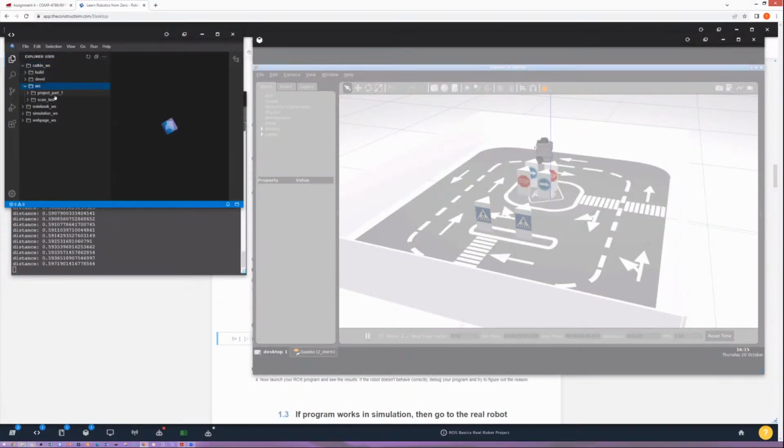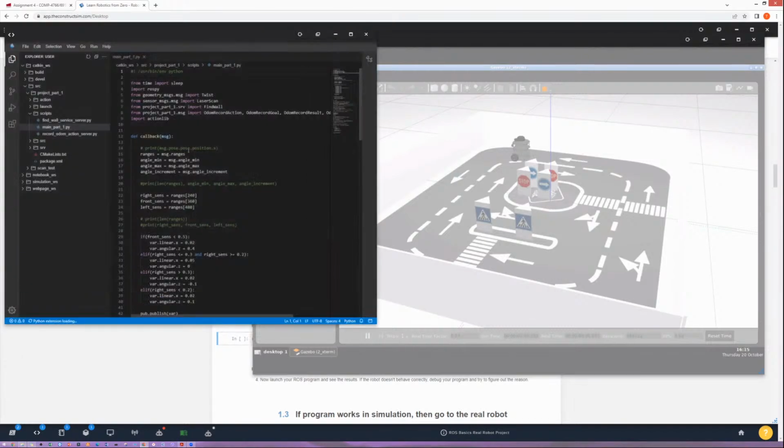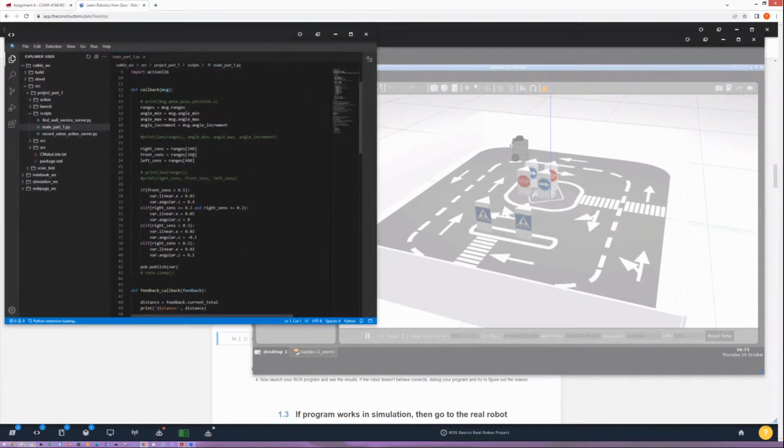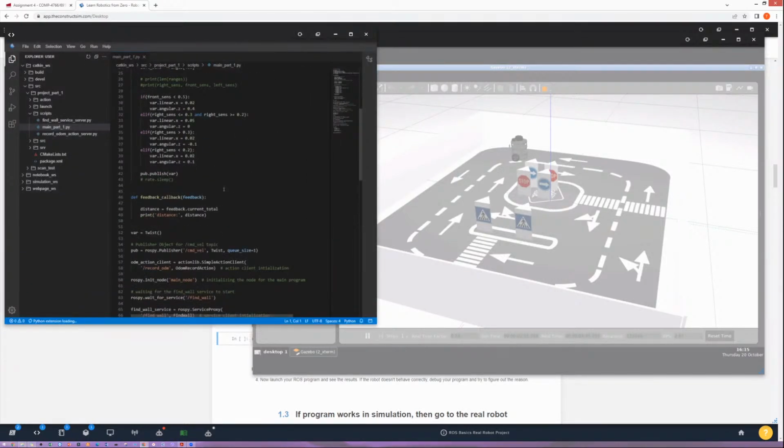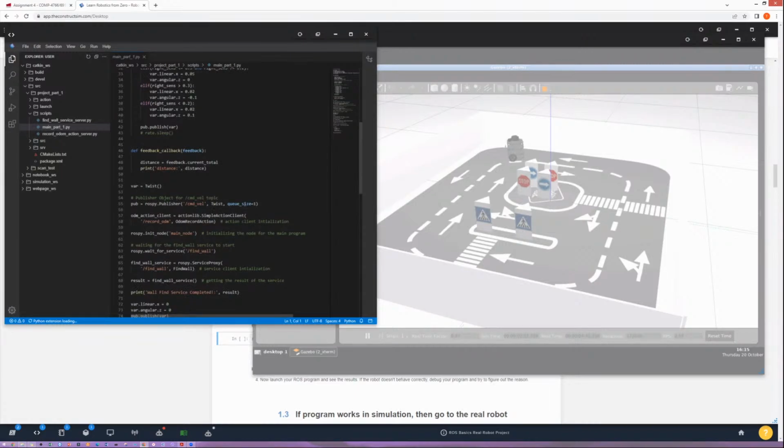Okay. So first, I will start with the main file. This is the main code, and here there are a few functions and some imports. I will explain them later. But if we start from here,